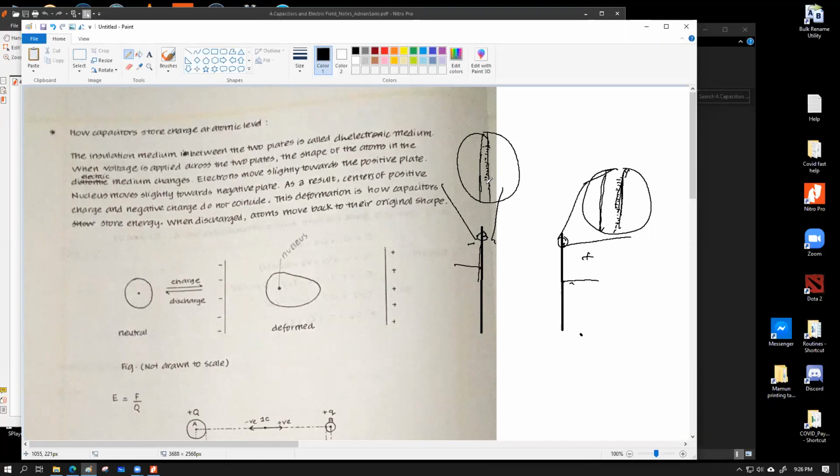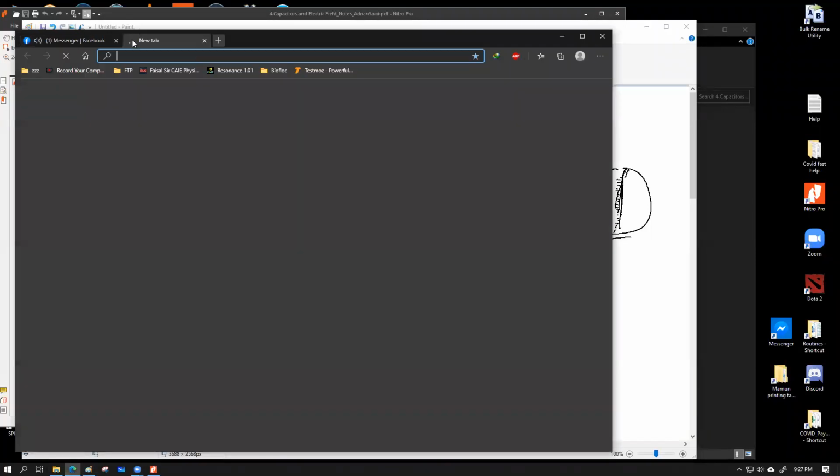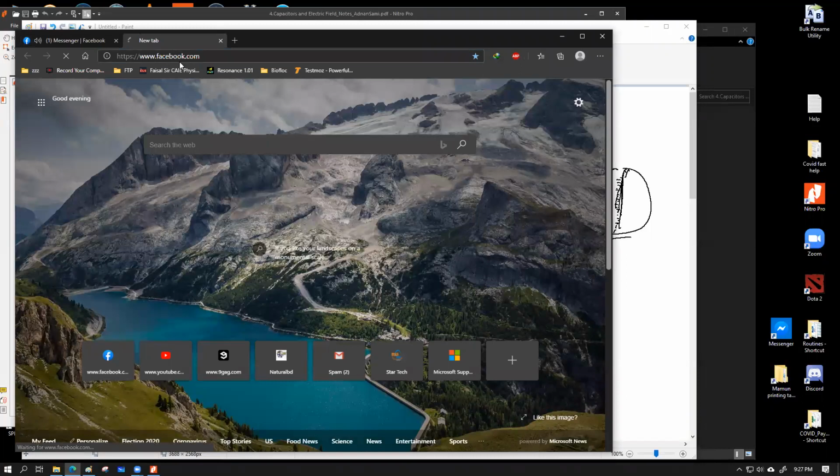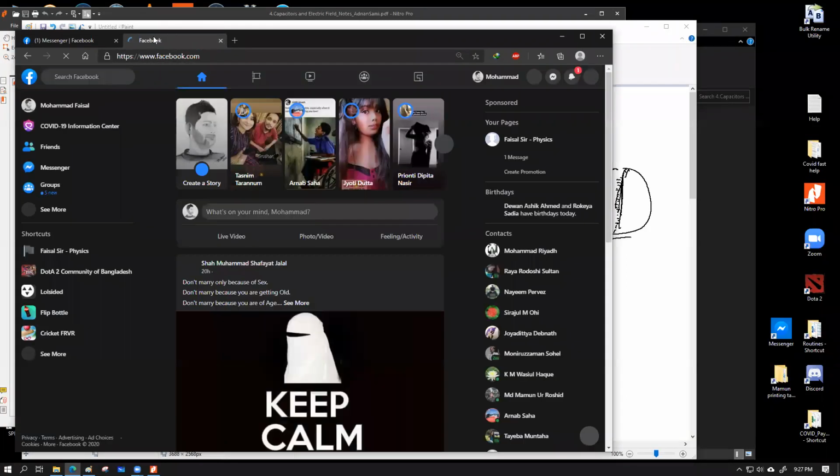For example, typical capacitors, or the circular capacitors that we see, let me show you a cross-sectional view. This might as well be a very